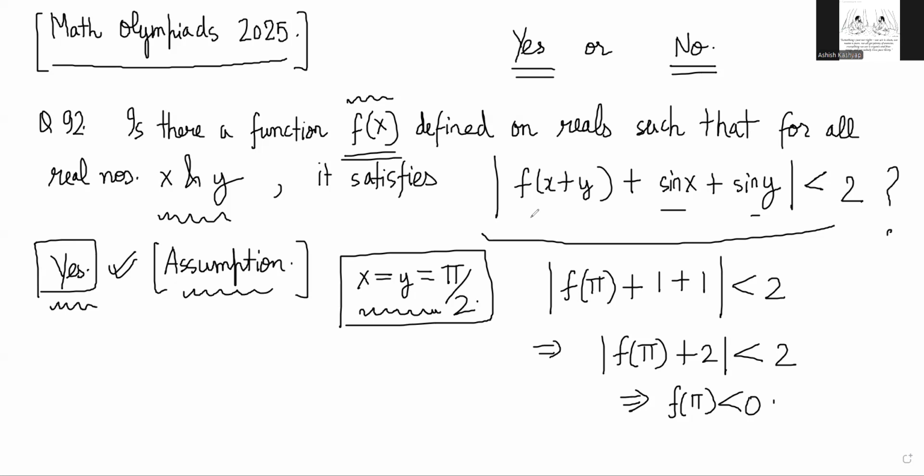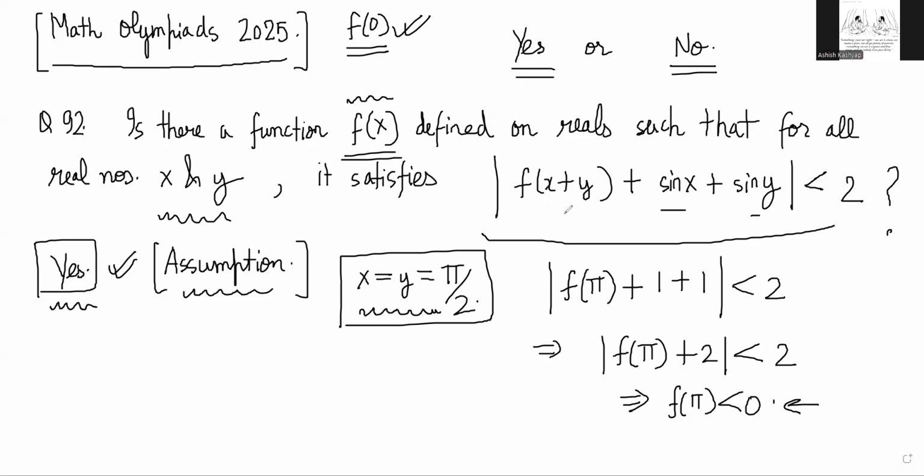The other problem is that do you know anything about f of 0 or anything? No, sir. So we don't know anything about any value. The only value we know about is this, right? So it would be nice if we can get a pi somehow again. Do you understand what I'm saying? Then we can solve. It would be good if we put something so that we get pi again, right?